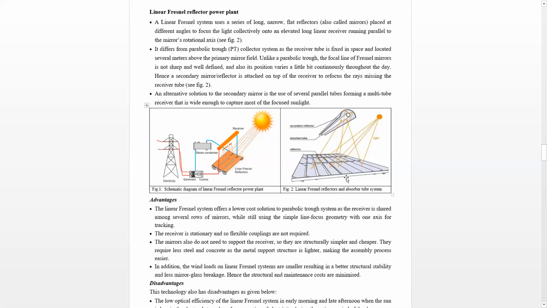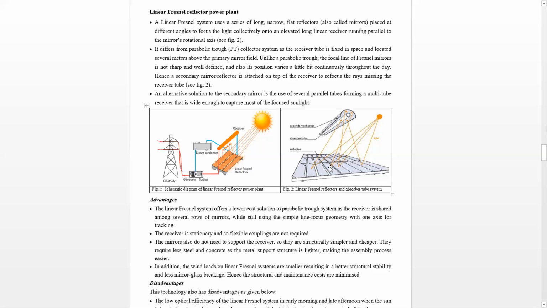since these linear reflectors do not form a continuous structure, the focal line is not sharp and single. For example, from this figure, you can see that if I consider this reflector, the radiation reflected from this reflector is reflected onto the tube, right? So all the radiation reflected from this will fall on the tube. So the focal line for this reflector is along the tube. But if I consider another reflector, say for example this fourth one, one, two, three, four, the fourth one from the left.